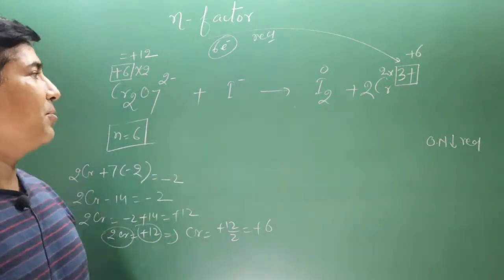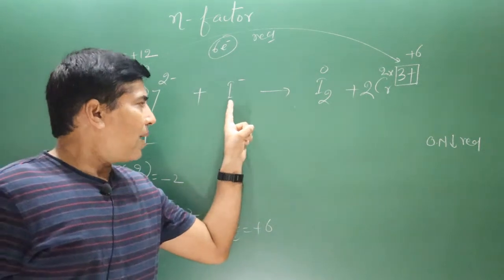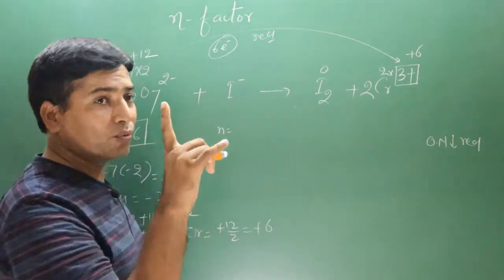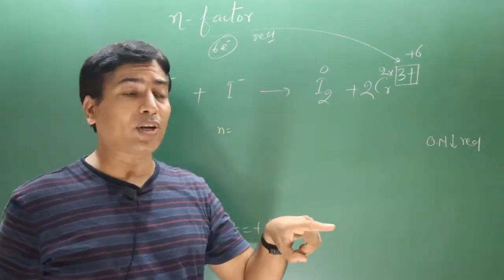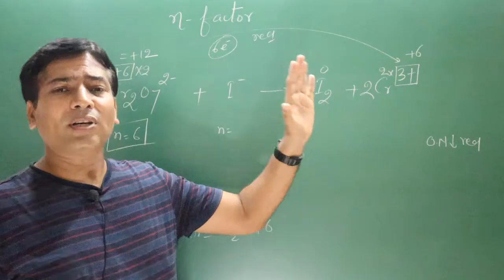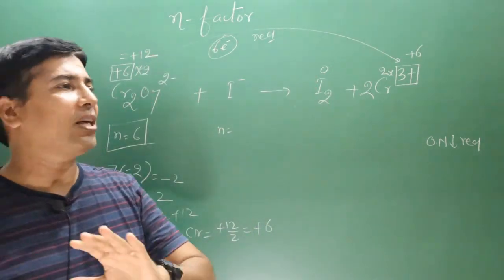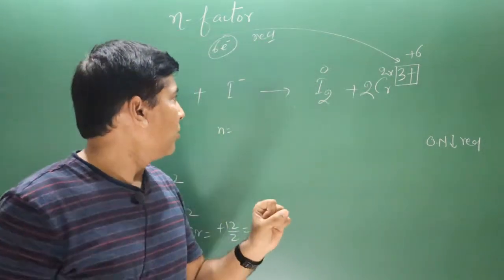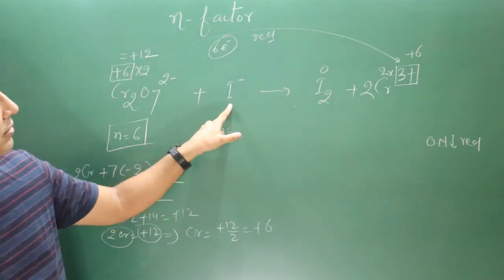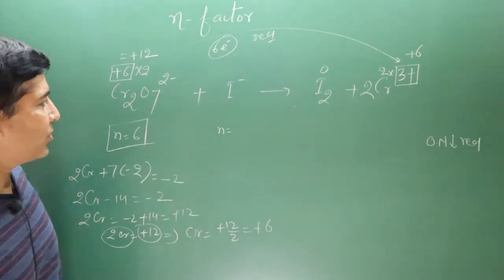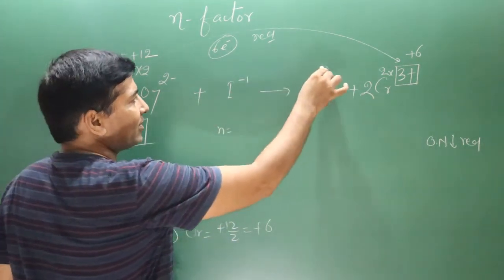Now, interesting information. We have only one atom for this reactant, and for only one atom, in the monoatomic ion, we are going to calculate the N factor value. You don't need to balance the equation. Without balancing the equation, we calculate N factor values. Keep in mind, only one iodine atom is there in this monoatomic ion. You can see it has a -1 charge, and on the other side it is 0.